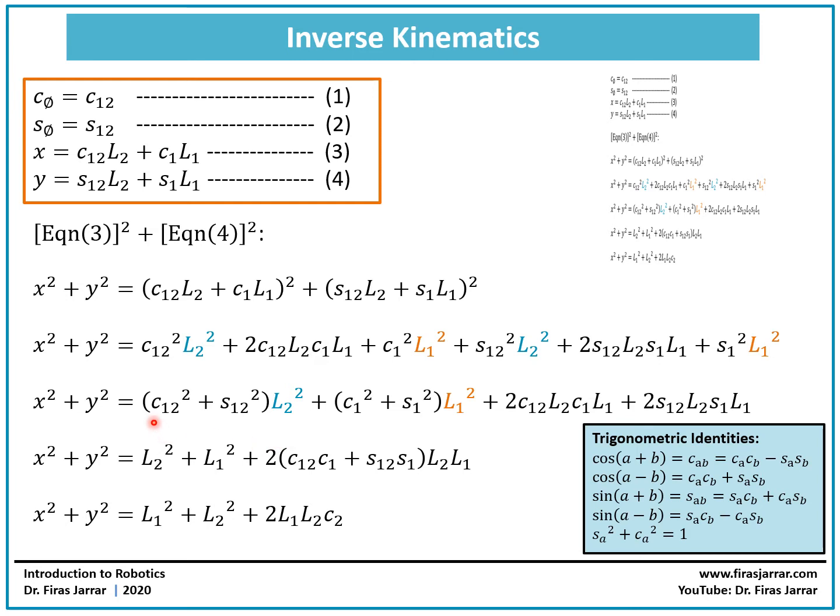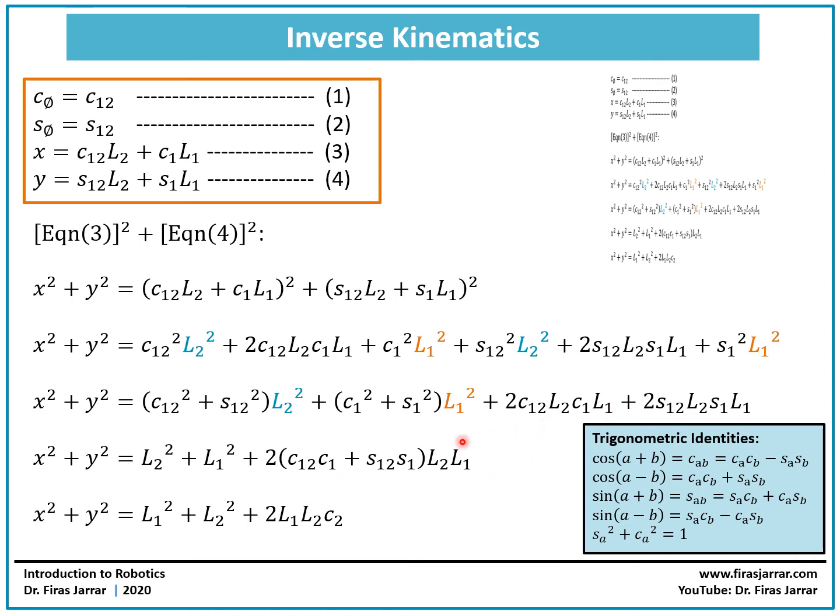One thing to note is that if you take the square of the cosine of an angle plus the square of its sine, this is going to give me 1, according to the last trigonometric identity here. So sine of an angle A squared plus cosine of the same angle squared, and the squared here is for the whole cosine, not for the angle itself. When they add together, that's going to give you 1. So this can be replaced with 1, this can be replaced with 1, and it will reduce to L2 squared plus L1 squared plus 2